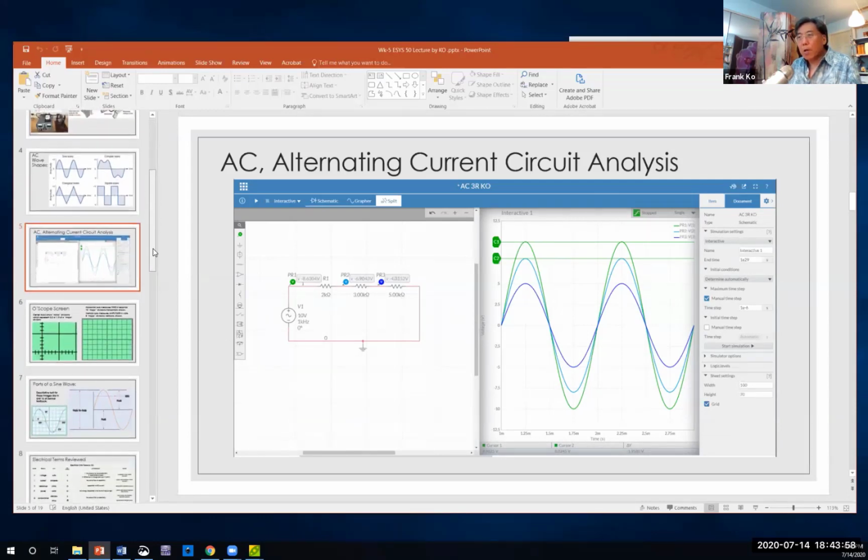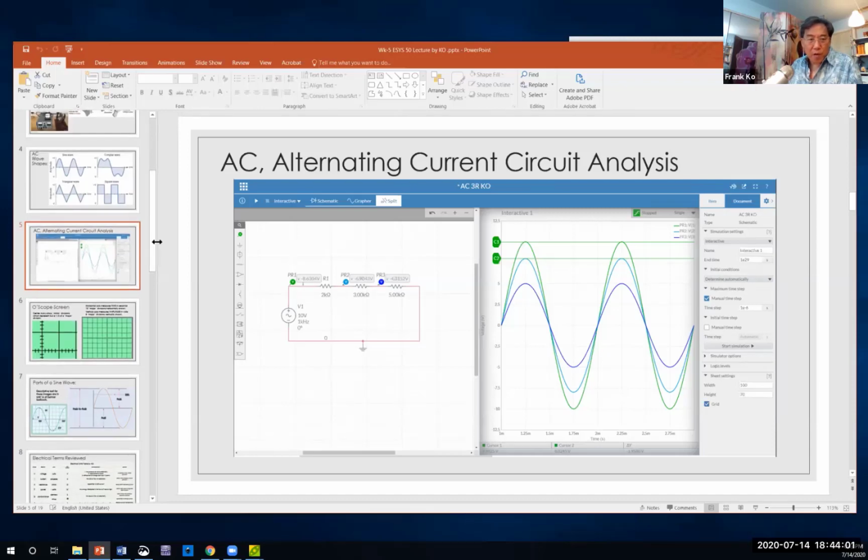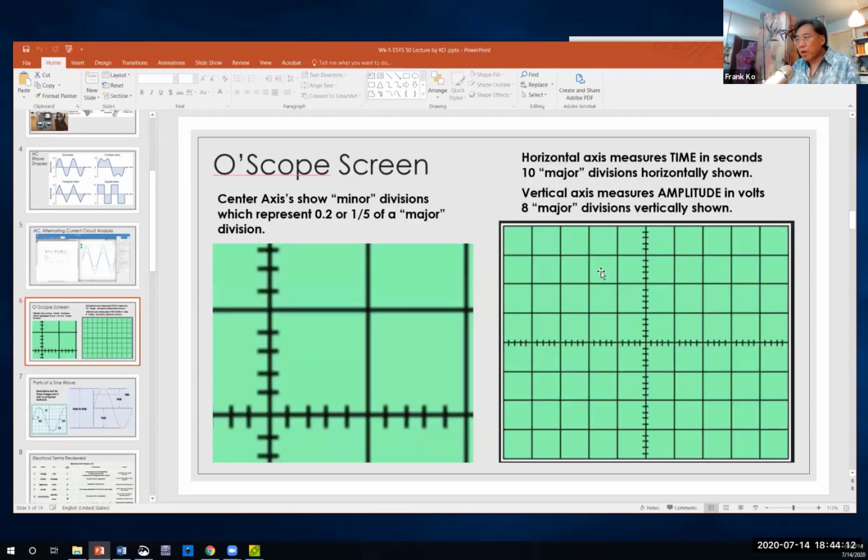Now, on the oscilloscope, which is the instrument that we will be measuring waveforms with, I have to talk about how to read the face of an oscilloscope. This is, on the right, the face of many, many oscilloscopes. The oscilloscopes are very often marked this way. And as you can see, on the right-hand side, the lettering at the top says horizontal axis measures something. What does the horizontal axis measure? Horizontal axis measures time